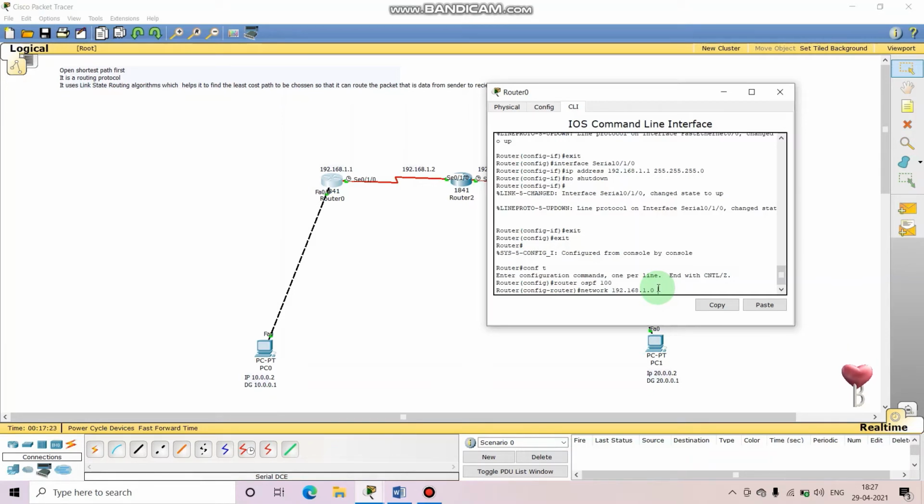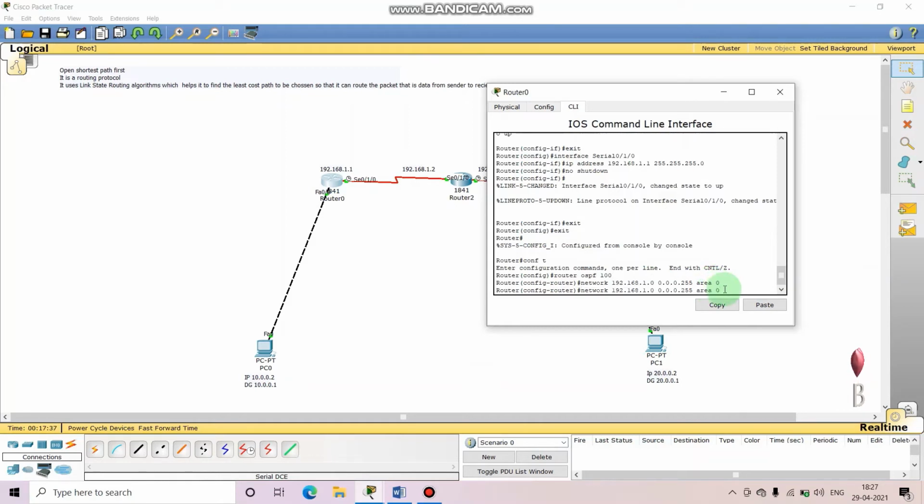Now we'll use the opposite of it, which means 0.0.0.255. This is the wildcard mask. Then area space 0, this is the area number we have to give. Okay, enter.